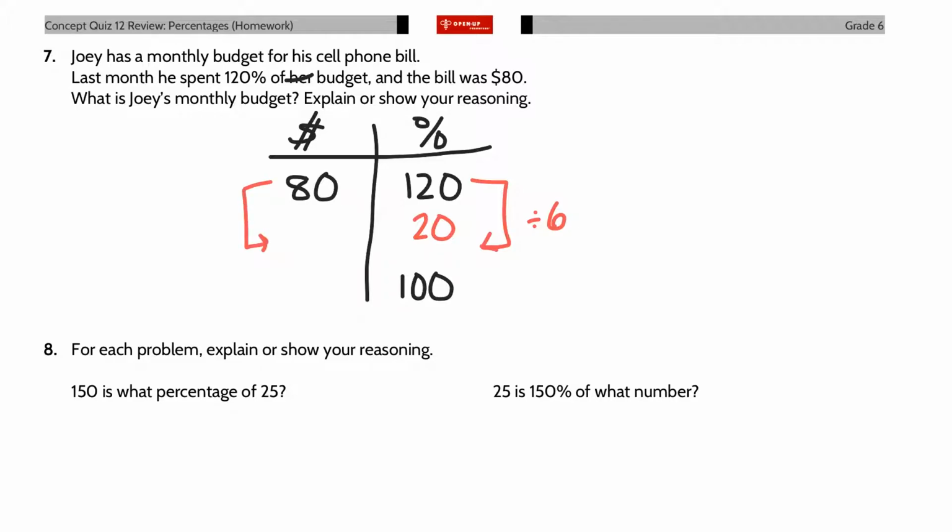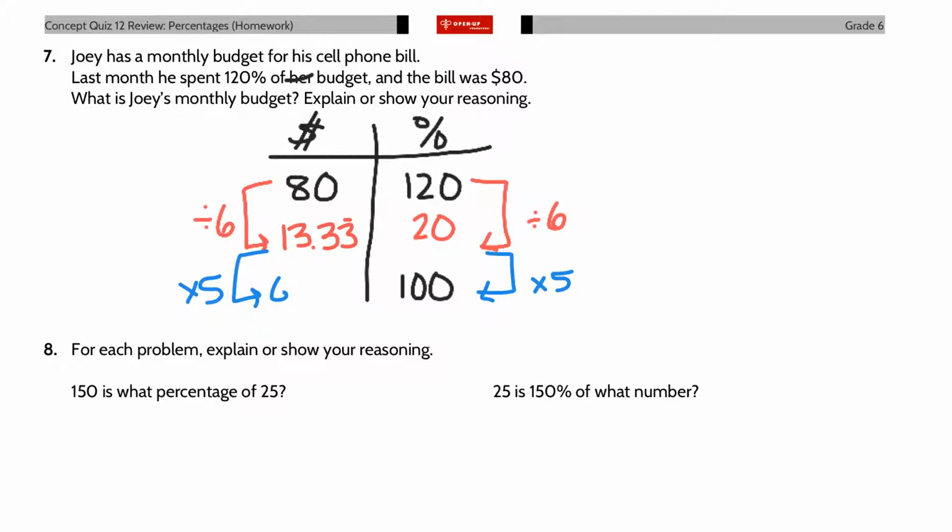So if I take my 80 and divide by 6, we get $13.33, but that 3 is repeating, so just keep that in mind. And lastly, if I take 20 times 5, and this $13.33 repeating, and multiply by 5, our solution is a